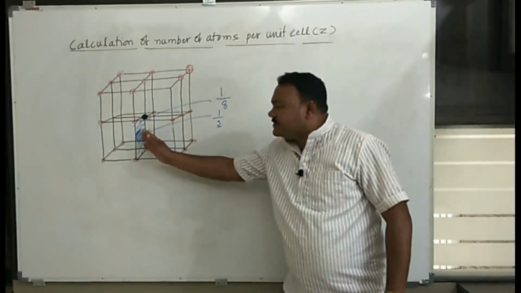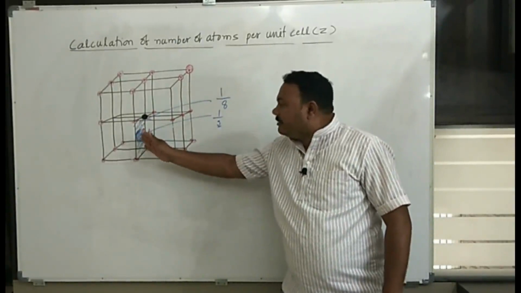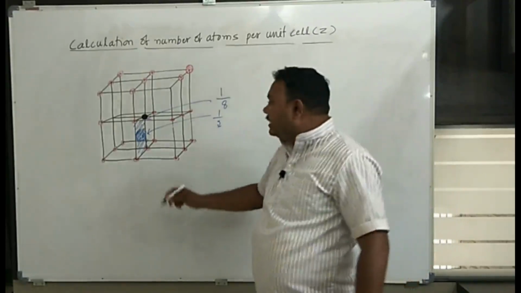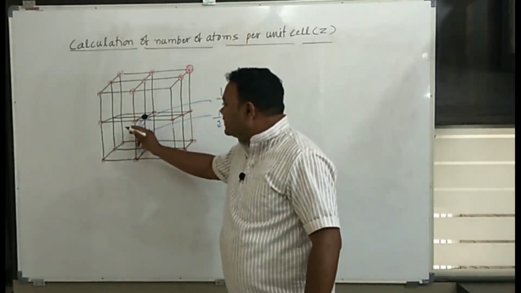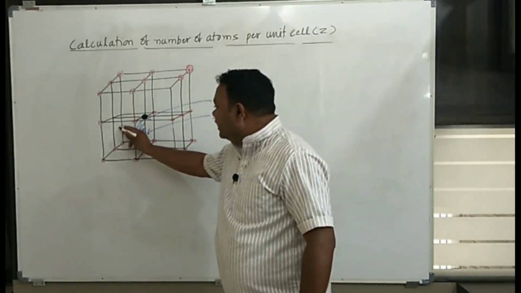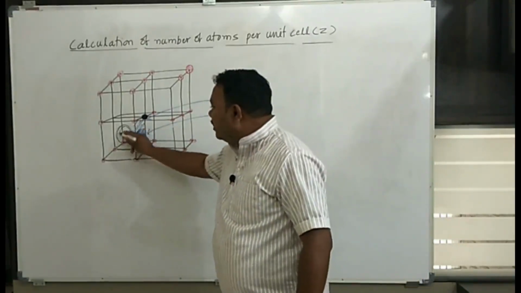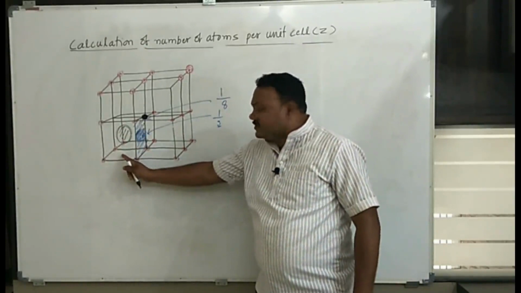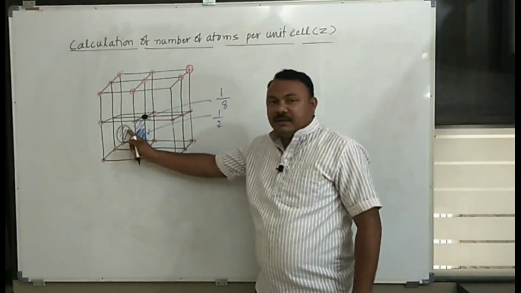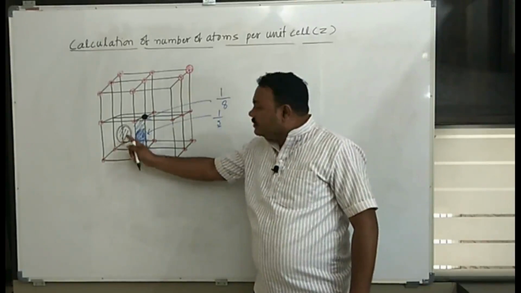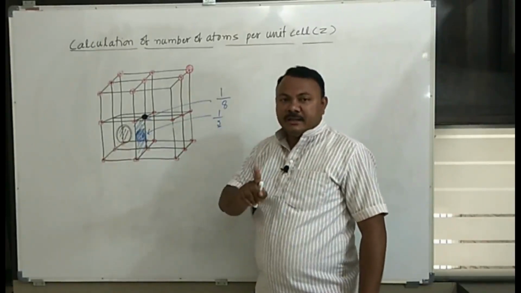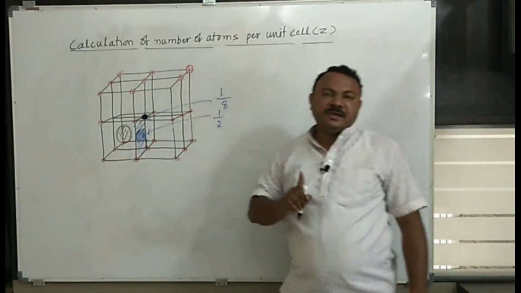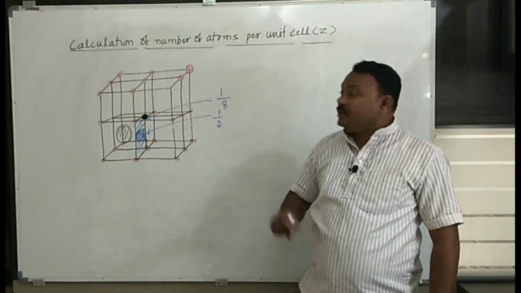Half of this particle is present in the left unit cell and half of the particle is present in the right unit cell. If I take next a particle at the center of the unit cell which is on the left corner, the body centered particle which belongs to this unit cell, now this particle completely belongs to 1 unit cell. So this contributes 1 for 1 unit cell. The contribution of a body centered particle for 1 unit cell, we take it as 1. On this basis only we go for the calculation.